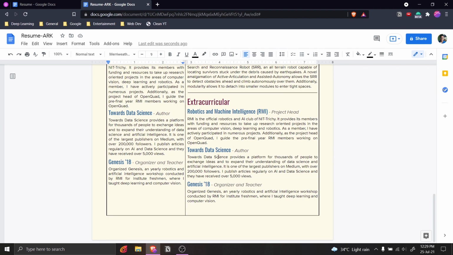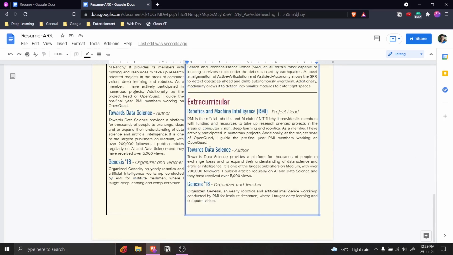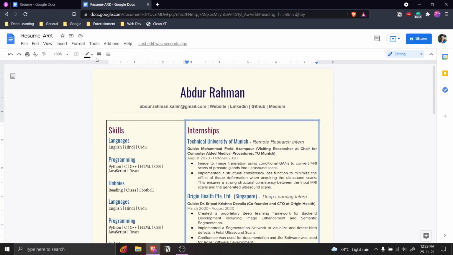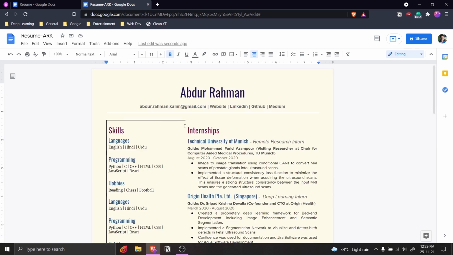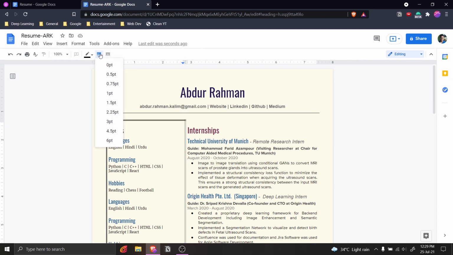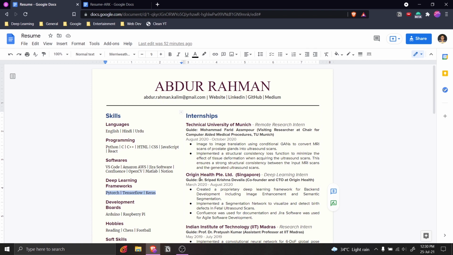All we have to do is remove the border from this table. So for that, let's go ahead and click on this and select all here. Okay, so it's going to select the border in this column, and let's make the border width 0 pixel, and that will remove the border from the right column. And similarly, let's do the same for the left column as well. Select all the border and then change it to 0 points, right? So this is the complete resume, and it looks very similar to the original resume that I had sent for my MS applications.